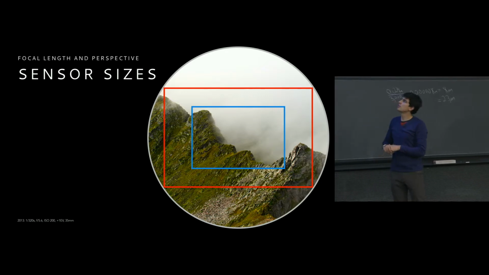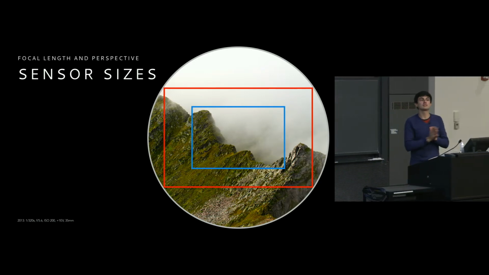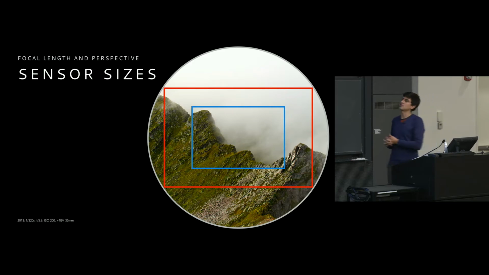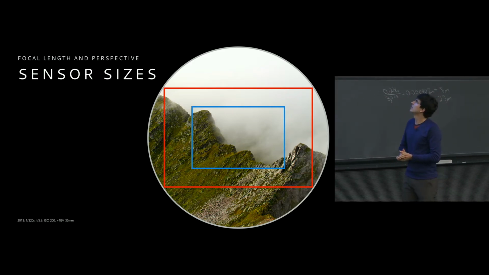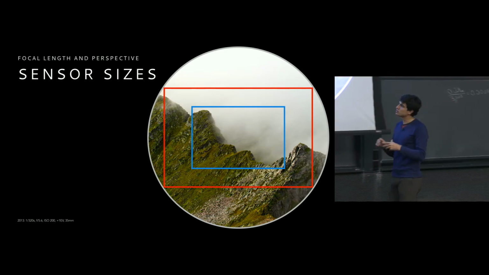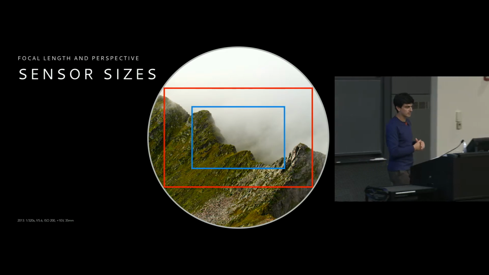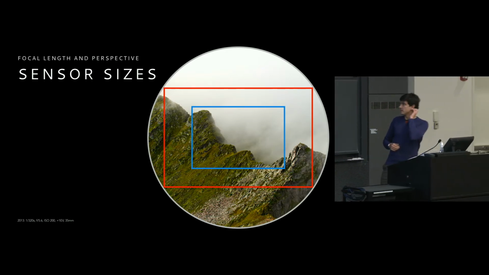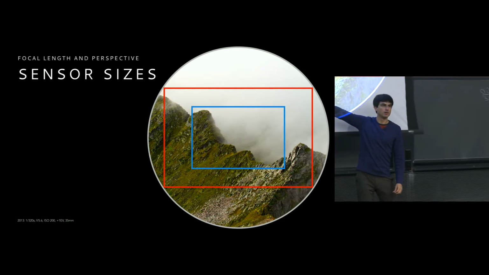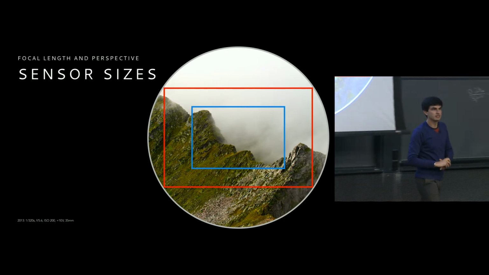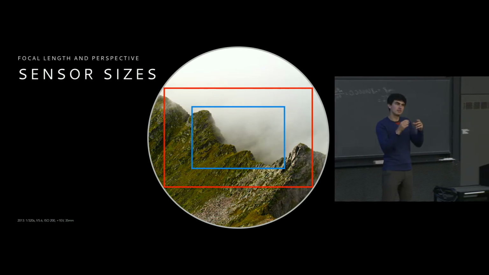And there are two boxes here, a red box and a blue box, representing two different sensors that capture the scene emitted by this lens. Now, in this particular example, assume that we have a lens, so it's very similar setup to the one that we were just discussing. We have now a large sensor camera that's able to capture more of the field of view provided by that lens, and we have a smaller sensor camera that essentially takes a crop of the center